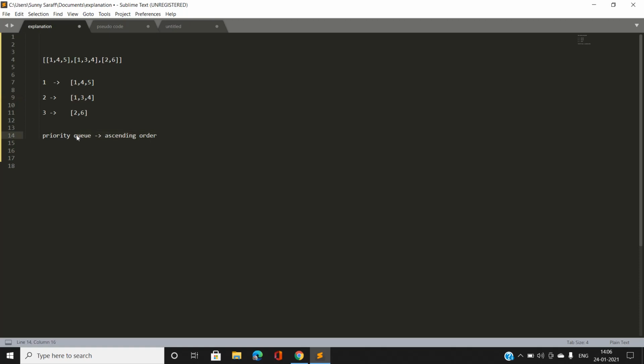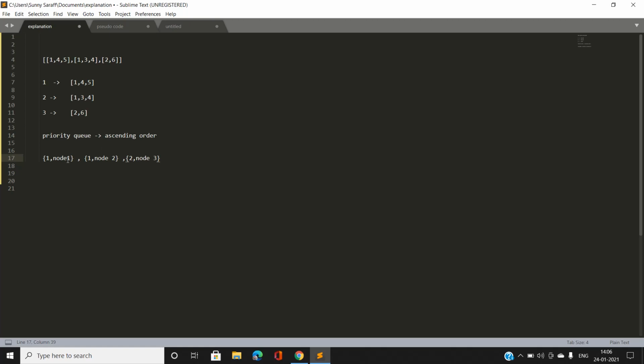After putting this, our priority queue will contain pairs: 1 comma node 1, 1 comma node 2, and 2 comma node 3.